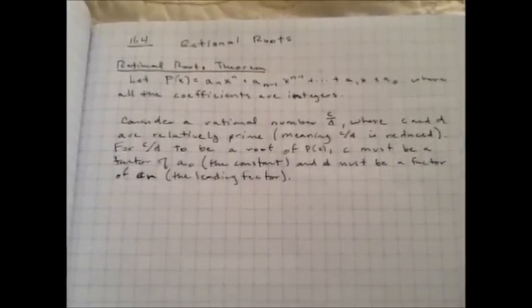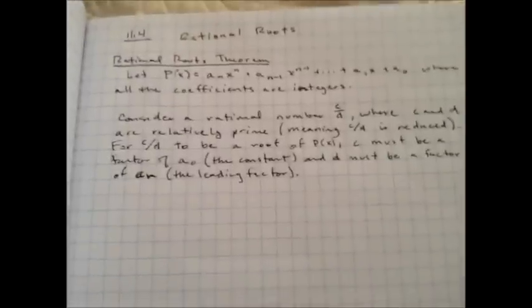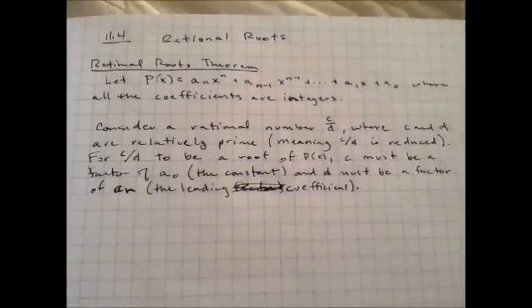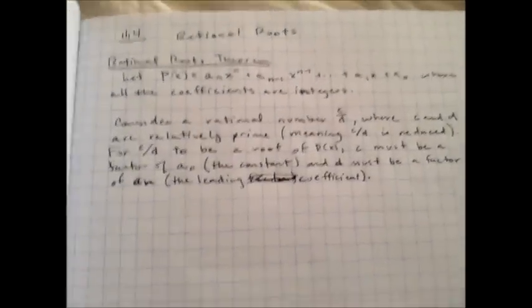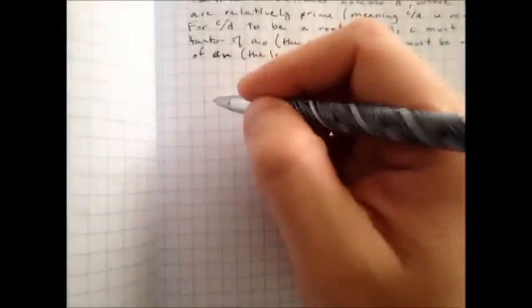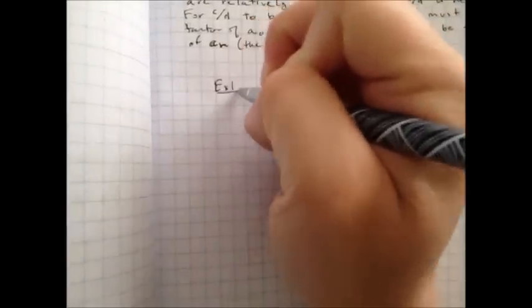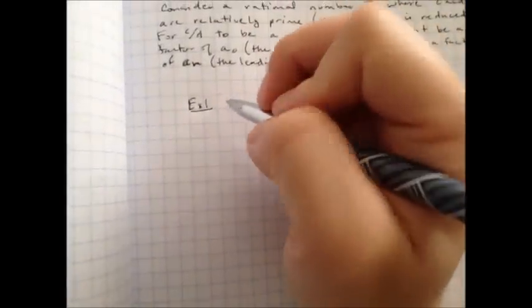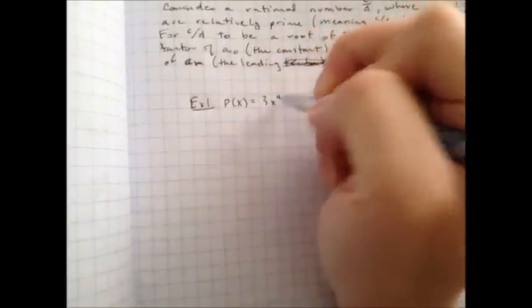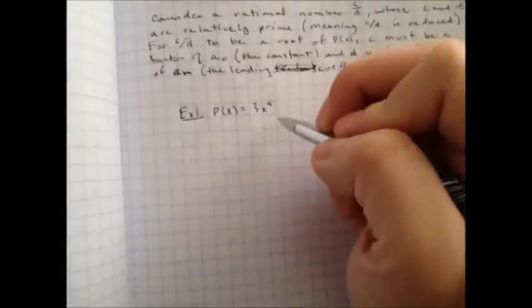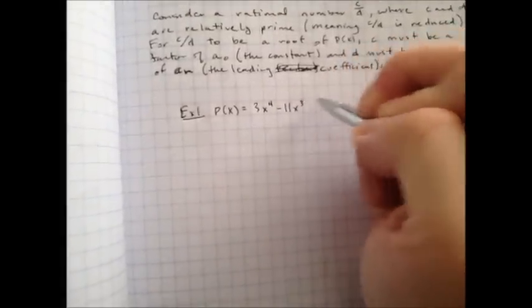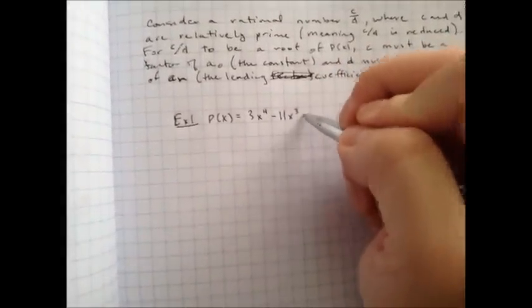I wrote factor, and it probably should say leading coefficient. So let's fix that real quick. All right. So you see, a sub n is the leading coefficient. So what this means is we take our first example. Example 1. Okay. Example 1 states that we're going to let p of x equal 3x to the 4th power minus 11x cubed plus 10x